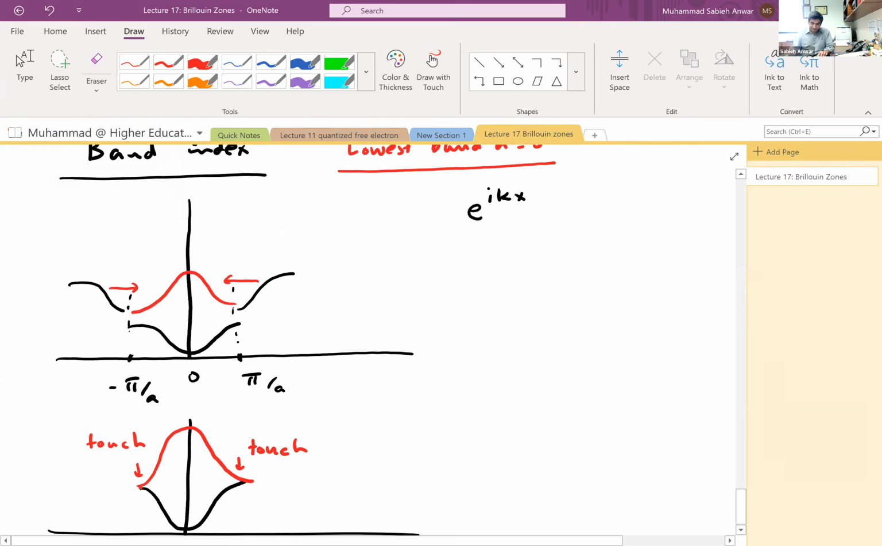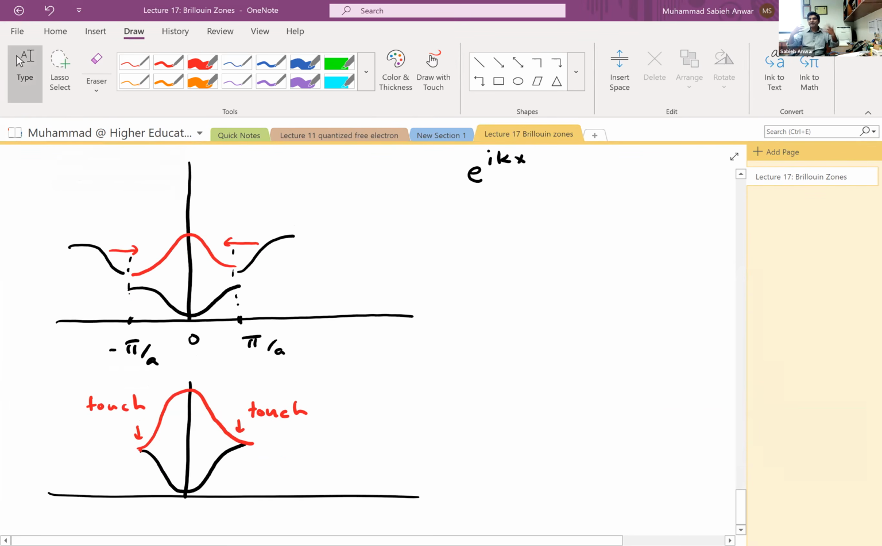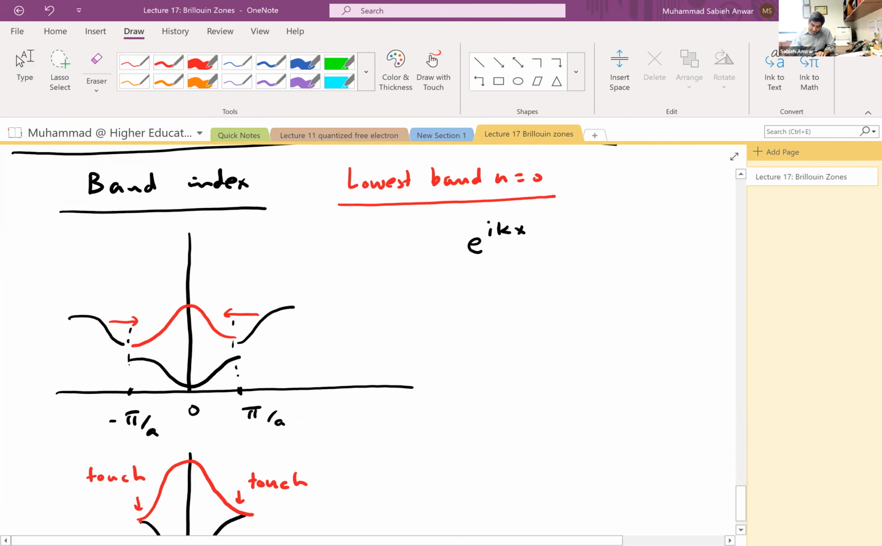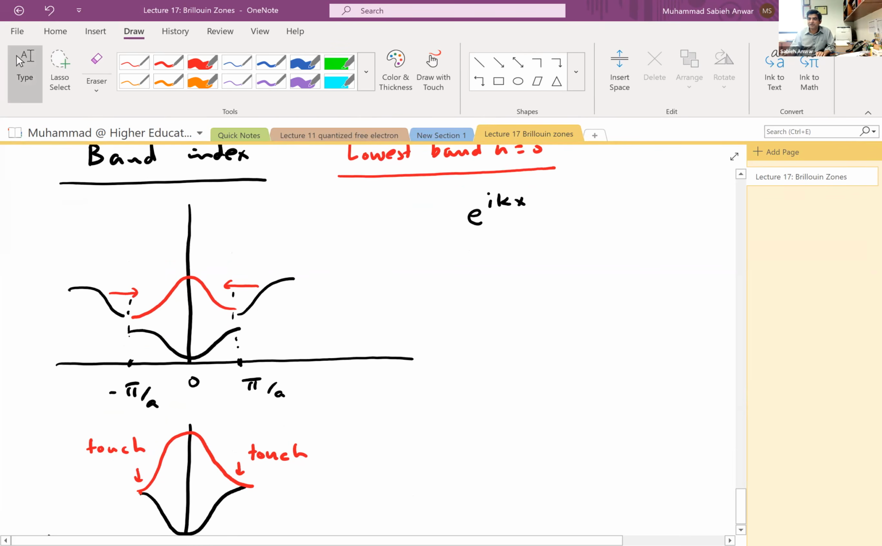So look at the geometry of the band. The geometry of the band is what captures most of the physical properties of these solids. So this is a really important concept. It's one of the most significant and cornerstone ideas of solid state. So for the lowest band, suppose my wave function is just e^(ikx). For the n equals 1 band,